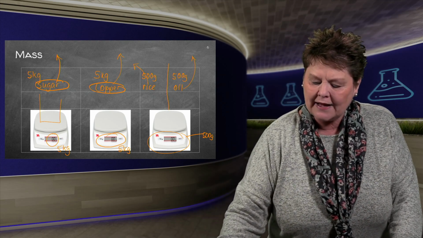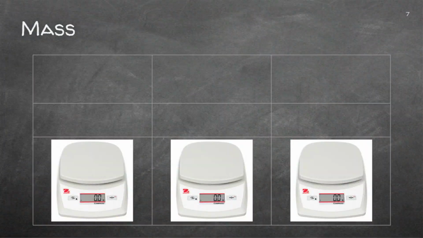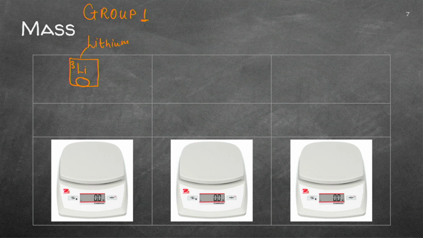Now let's have a look at the periodic table. I want you to take your periodic table and have a look at group 1. If we are in group 1, I want you to specifically identify the little element in group 1 with the notation Li. It's element number 3, and the name is lithium. Now, lithium, guys, will have a number there at the bottom. Please see if you can find that number.